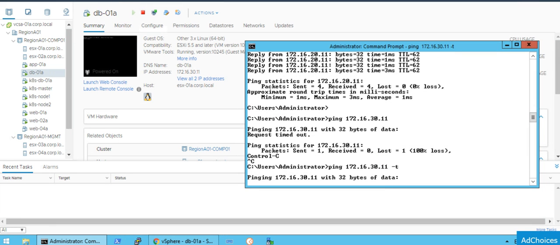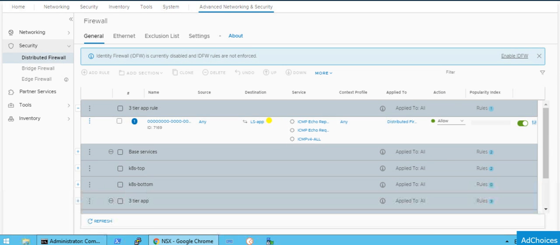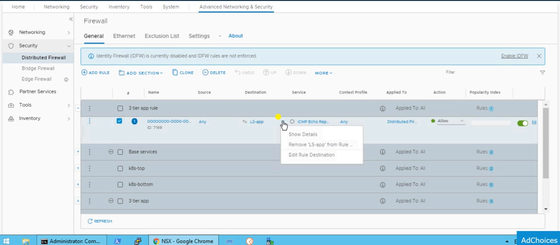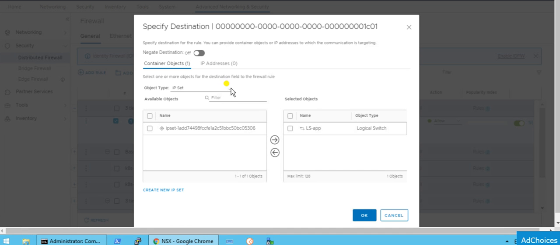Okay, so let's go back to your NSX manager and modify the destination and add the database switch as well.